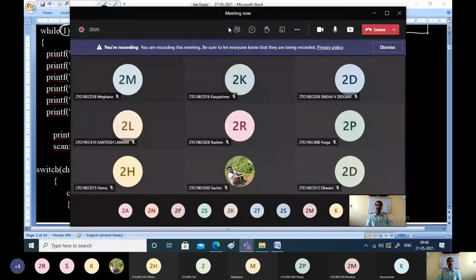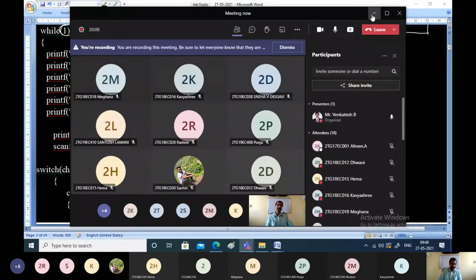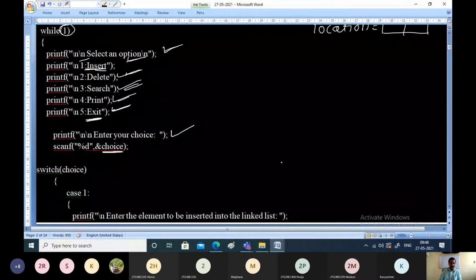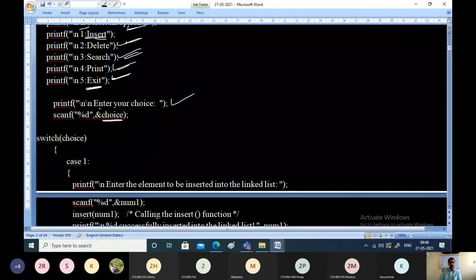Where will that be stored? That choice will be stored in a variable called choice, because after scanning the choice from the keyboard, we are storing it at the address of choice. So what is choice now? Choice is 1.